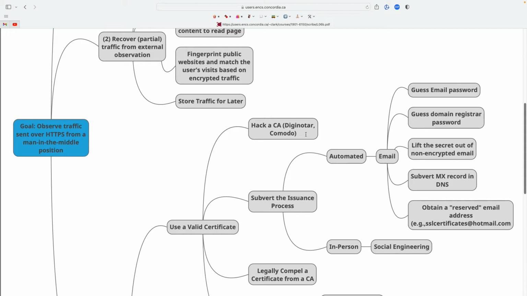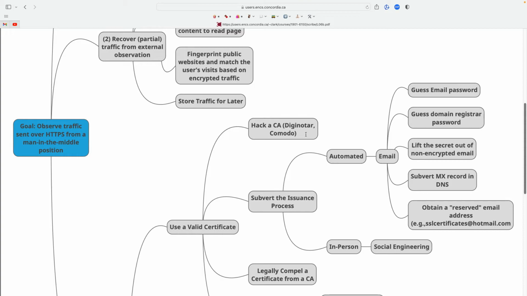Probably not coincidentally, my understanding of the history of this is Google woke up one day and said, okay, what we're going to do for Chrome is, we know our own certificates. We're Google. We know what our certificates look like. So we're just going to watch and see if we ever see a Google certificate that's not a real certificate. If any of our Chrome users goes to a Google website and gets a certificate that's not one of our actual certificates, we're going to note it, and we're actually going to phone home. So that browser is going to send a message to Google headquarters saying, this is a certificate that I just saw.